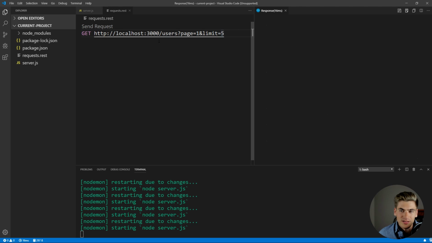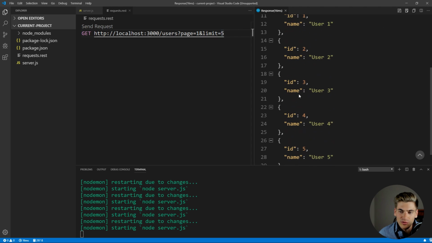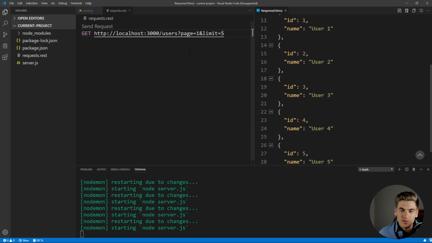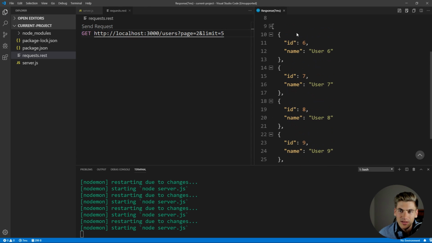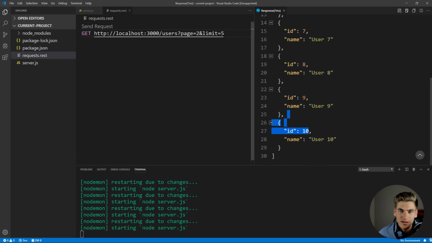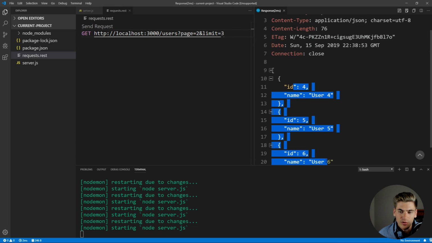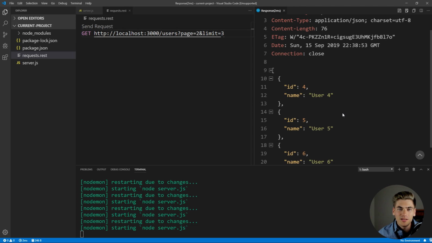Now let's make this request again, and you can see we get users 1, 2, 3, 4, and 5. These are just our first 5 users. If we change our page to page 2, make a request, you see we get the next 5. We get 6 through 10, and we could maybe change this to be a limit of 3. And now if we make the request, you see we get 4, 5, 6, which is the second page if you limit by 3. And now this is all great, but usually when you have a paginated API, you actually